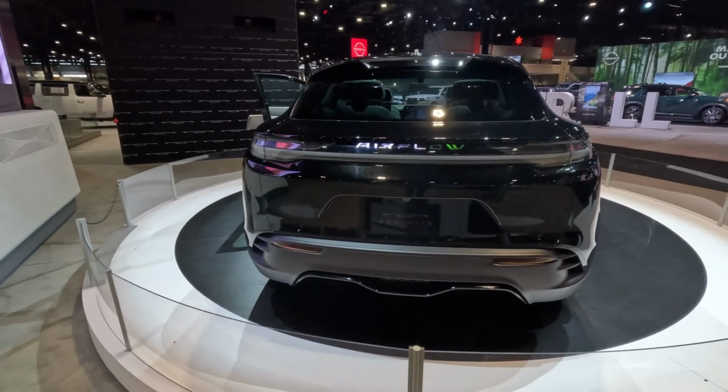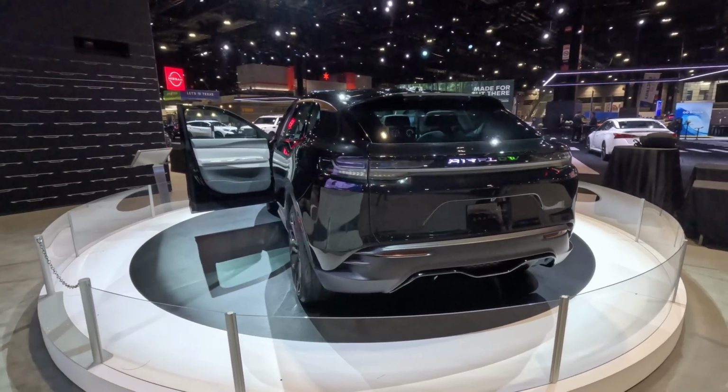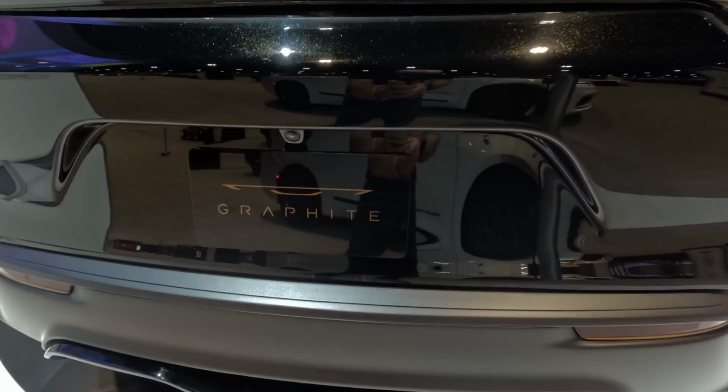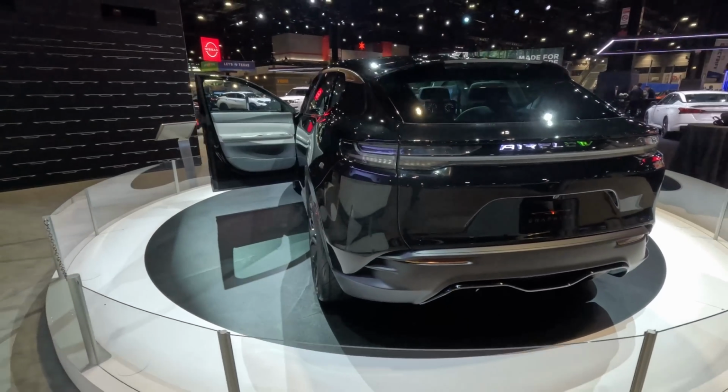I am almost positive of that fact. But you can see LED lighting, LED airflow in the back. And yes, this is the graphite version. There's that logo for you if you really need to see it up close and personal. Very clean